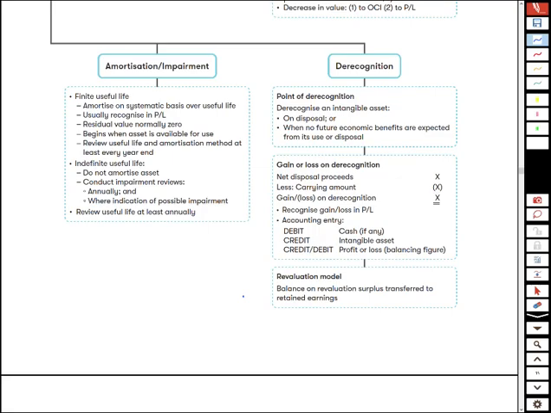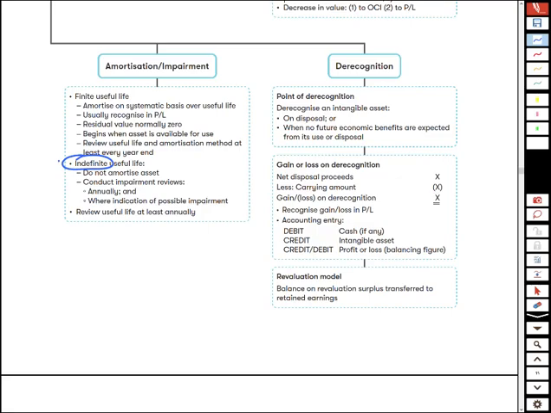And then your amortization and impairment. Amortization, same rules as you had for your depreciation. With your impairment, remember, you had the situation where if an asset has been impaired, you should do an impairment review. But you also had the situation where you possibly had an intangible asset that was deemed to have an indefinite life. And in that case, you do have to do an impairment review every single year to make sure that that asset hasn't become impaired. Because remember, if you've got an indefinite life, you're not amortizing the asset.